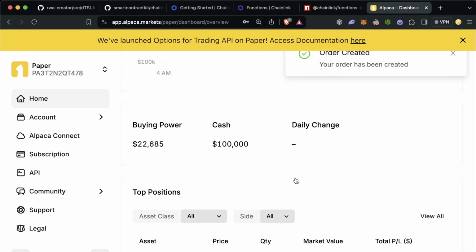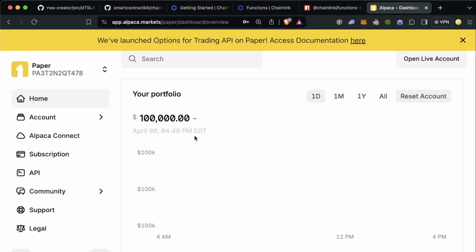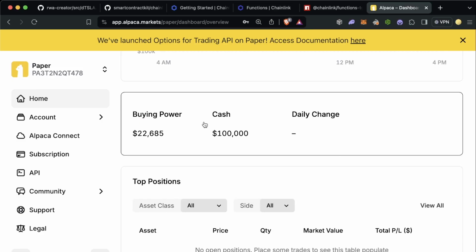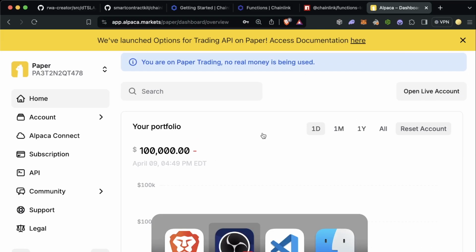Since the market's closed, we're not actually going to be able to buy it, but that's fine because we're only going to pull the portfolio balance anyways. So a little bit cheeky here. We probably would update our script just to read the amount of Tesla instead of the portfolio balance, but I digress. It's all good. So now that we have our Alpaca set up,